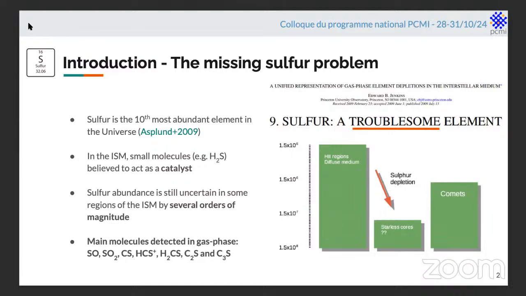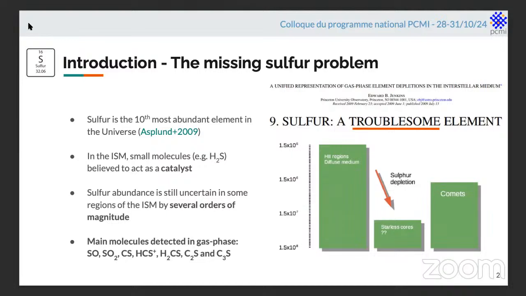However, as Edward Jenkins has described sulfur, as a troublesome element in his very famous studies on the gas phase depletion, we still have doubts on what happens to the sulfur between the H2 regions and the dense cores. We have observations of comets now that give us a hint that sulfur is somewhere in between. But when it comes to the sulfur depletions, there are several orders of magnitude of uncertainties on the